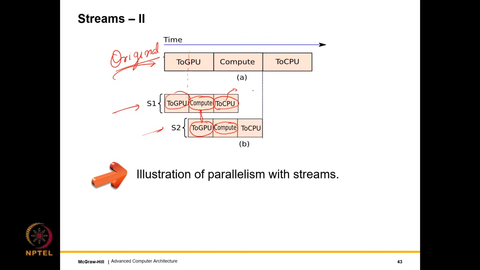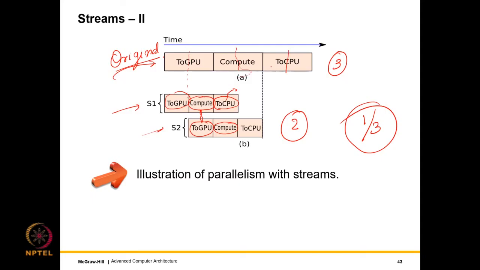So what we can see is that because of the higher degree of overlap, instead of 3 time units, it takes 2 time units. So we have a straightforward speedup of 1/3, right? This is quite amazing because we didn't do anything. All that we did is we divided each of these into 50%.